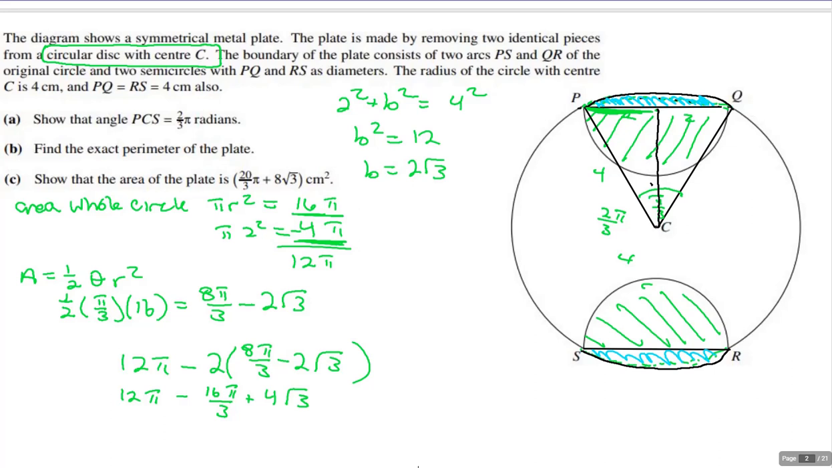Oh, wait. I forgot to put the 12 pi. Yeah, don't do the 4 square root of 3. Tell me what 12 pi minus 16 pi over 3 is. I got 20 thirds pi. 20 thirds pi. Okay, that's this, right? And then plus